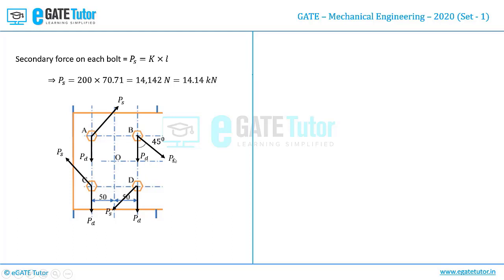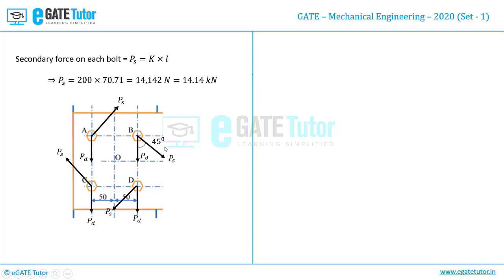You might ask, why is the direction of shear load only in this direction? It is because we need to ensure that the moment at the center of gravity of the bolts, O, created by the external load and eccentricity, matches with the direction of secondary loads acting on each bolt. So here the externally applied load was downwards and eccentricity gives us a clockwise moment. So on each bolt the secondary shear loads should act in such a way that it tries to rotate the configuration in a clockwise direction. That's how we can decide the direction of the secondary force.